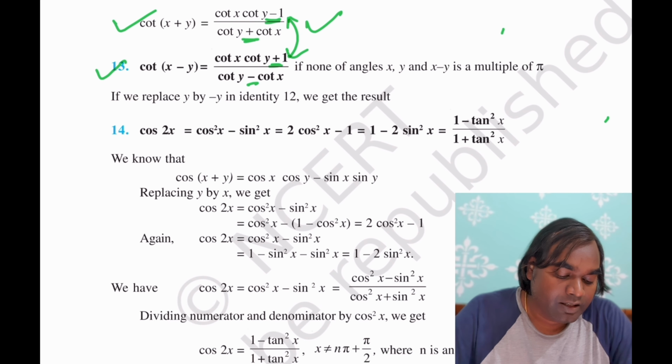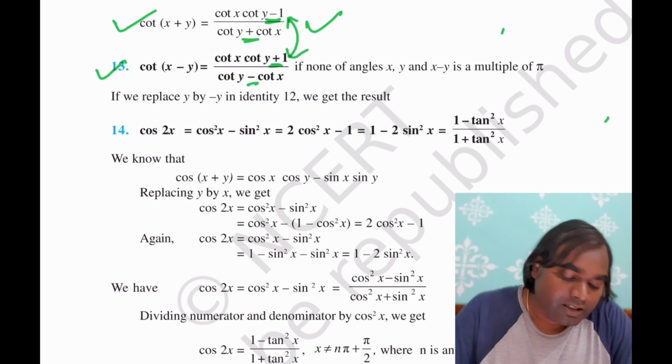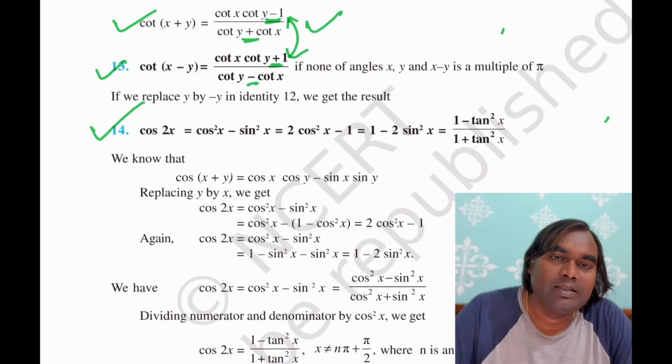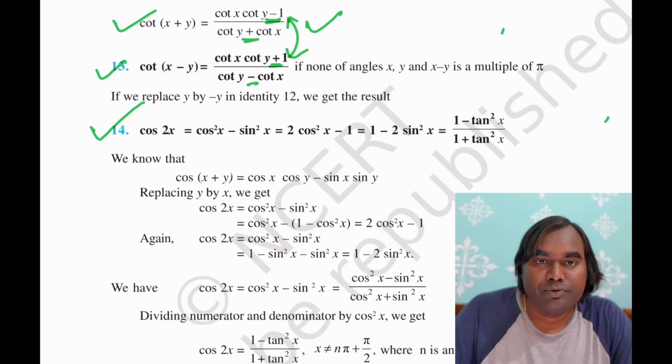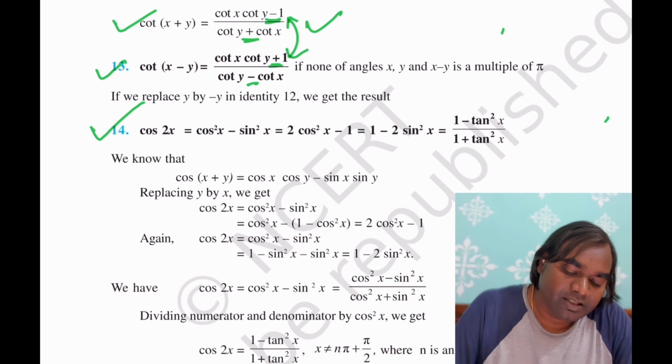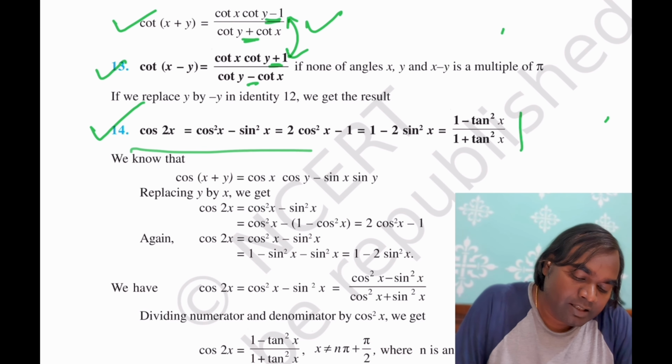Now the condition: cos 2x is equal to cos square x minus sin square x, that can be written as 2 cos square x minus 1, is equal to 1 minus 2 sin square x. This is a very important relationship. It is very important in the sense that it can be useful for simplifying many trigonometric relationships, trigonometric problems. So remember this relation: